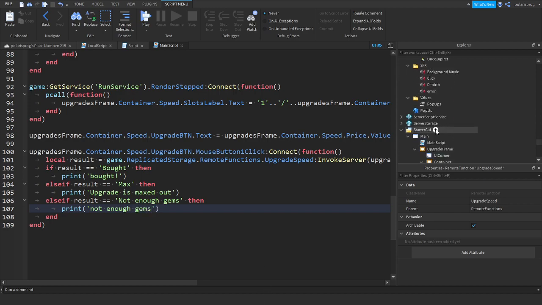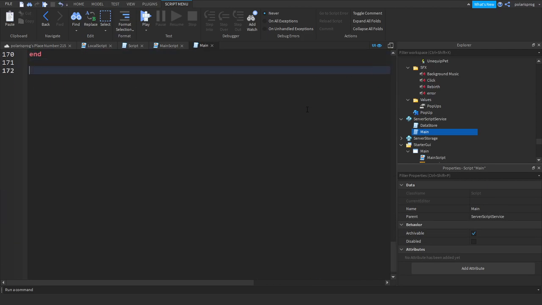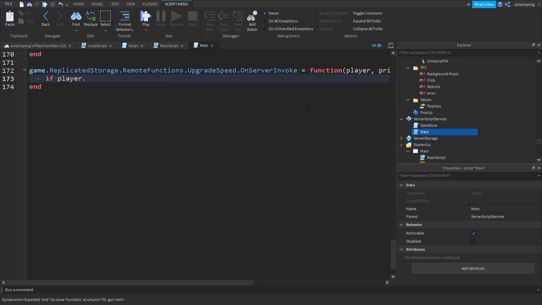And inside of your server script, inside of your main script, you're gonna scroll all the way down until you reach here: game.ReplicatedStorage.RemoteFunctions.UpgradeSpeed.OnServerInvoke is equal to function(player, price, maxSlot). And in here we're gonna check if player.leaderstats.Gems.Value is greater or equal than price,